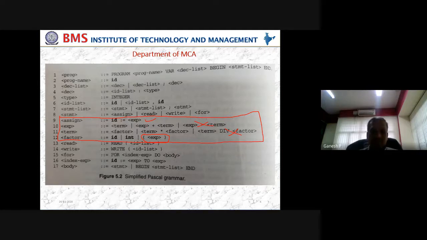So first one will be there, second one also will be there, but the last term will not be there. Third also will be there. Again, the last term will not be there. Fourth will be there as it is complete. Okay, so you can copy quickly, and once that is done, you can construct a parse tree for the given input using this grammar and say whether it is valid or not.